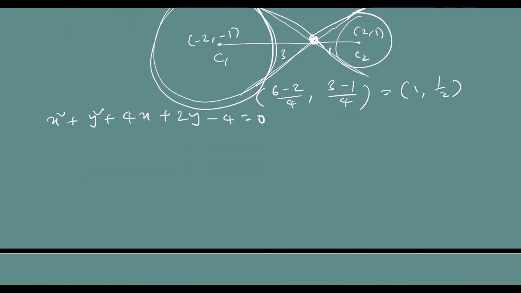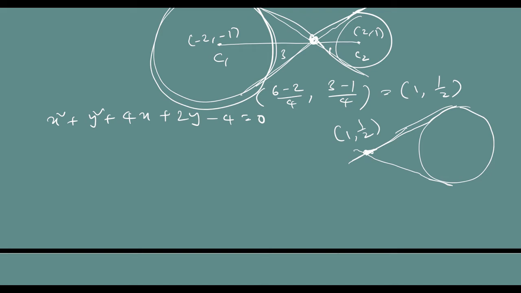And this is the point. From this point to this circle we have to draw tangents. Now here only we apply technique 2. I want you to observe that to find equations of these tangents, I already have a point on those tangents, 1 comma 1 by 2. All that I need is slopes of the tangents.